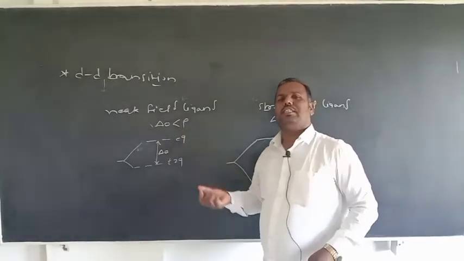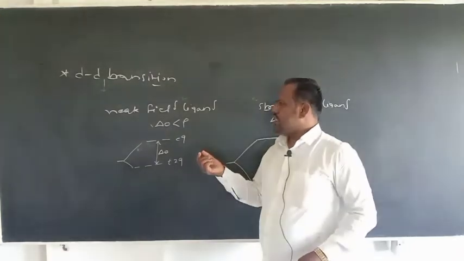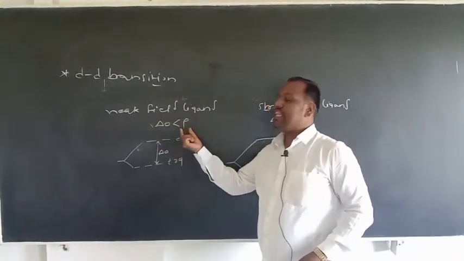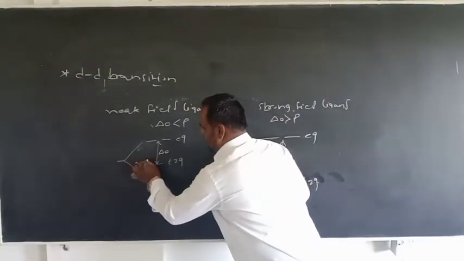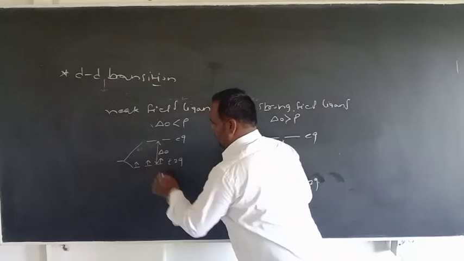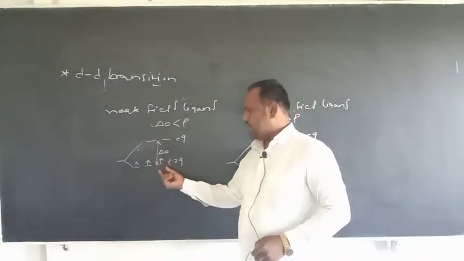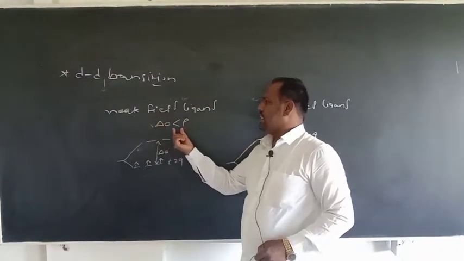The minimum energy is required to pair the electron. So in this case, the ligand is a weak field ligand, so pairing energy is very high. So if we consider 3 electrons present in the T2G orbital, and if the next electron you have to add, in this case the ligand is weak field, and delta octahedron